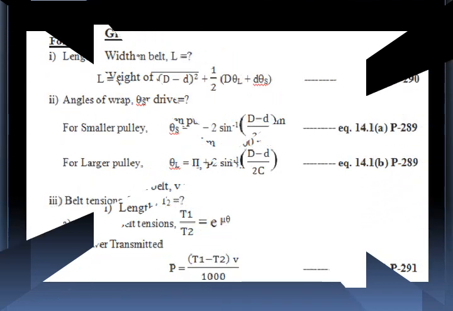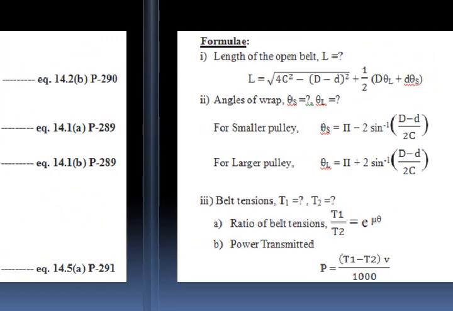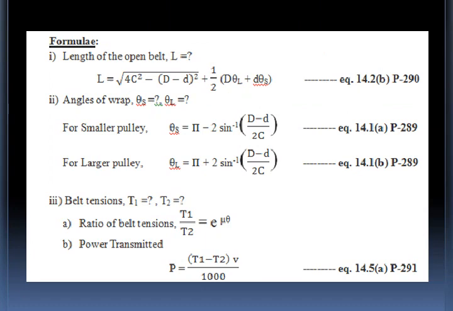Now we'll list out the formulas required to deal with this particular problem. The first question asks to find the length of the belt and angle of wrap. But in the problem it fails to mention whether it is an open belt drive or a cross belt drive. So we are assuming it is an open belt drive. We have the freedom to select either open or cross belt, because nowhere has any hint been given as to whether it is open or cross belt drive. So here I assumed it as an open belt drive.